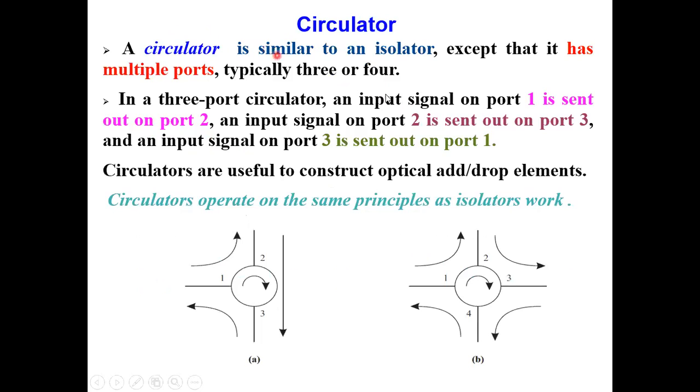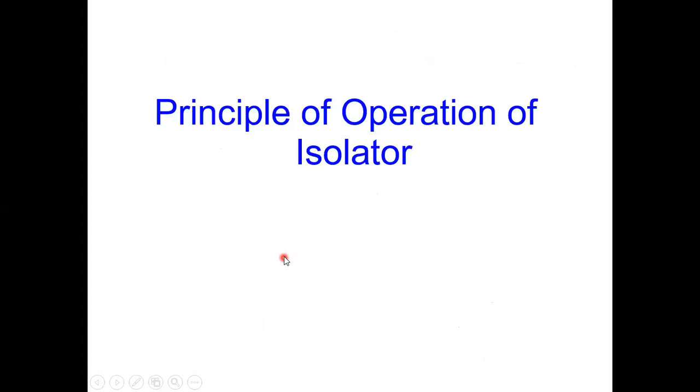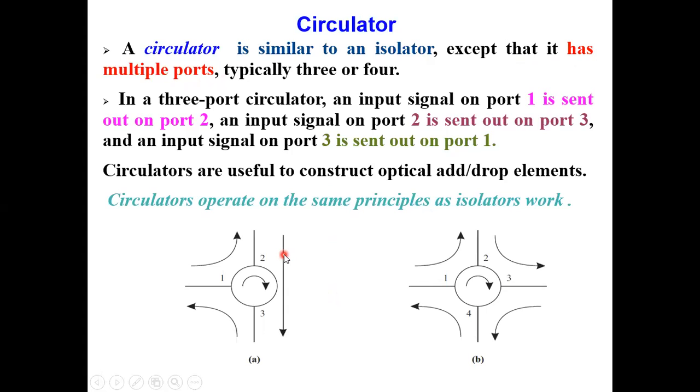Now, circulator. So I am covering isolator and circulator both together. So here you can see what is the circulator. Now, what will a circulator do? You can say circulator is something like your coupler also, but it is not a coupler. Okay, so a circulator is similar to an isolator, except that it has multiple ports. In an isolator, what was happening is that the signal once it enters, it is passed on to the other port. Okay, and it does not come back to port number 1.